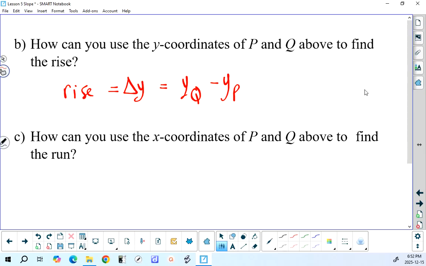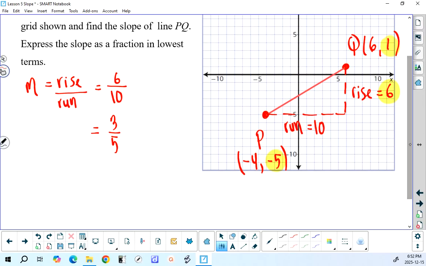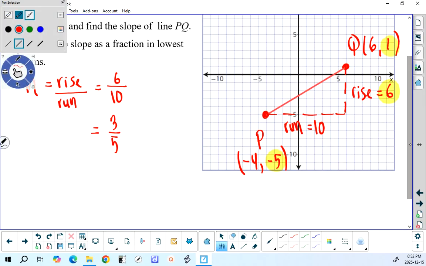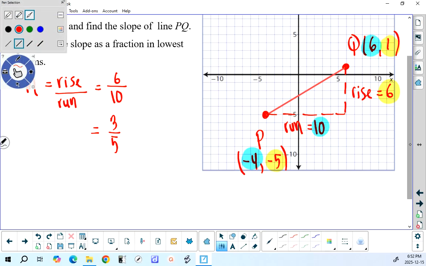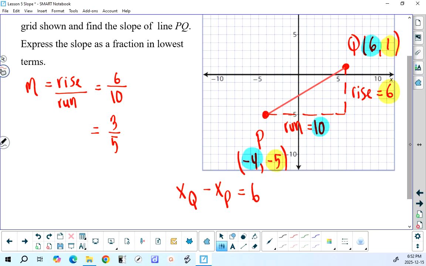How can you use the x-coordinates to find the run? Well, when we take a look at this, this is asking how you can use this x-coordinate of 6 and this x-coordinate of -4 to get the run of 10. Well, we can subtract them. If I take the x-coordinate of Q and subtract the x-coordinate of P, that will give me 6 minus -4, and that gives me 10,